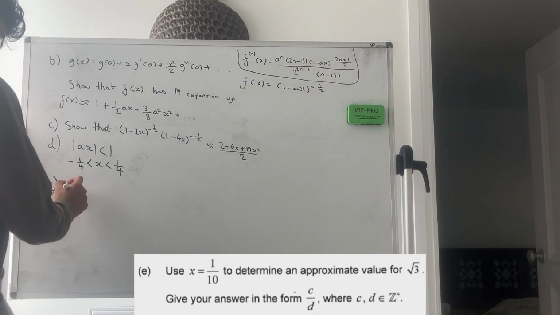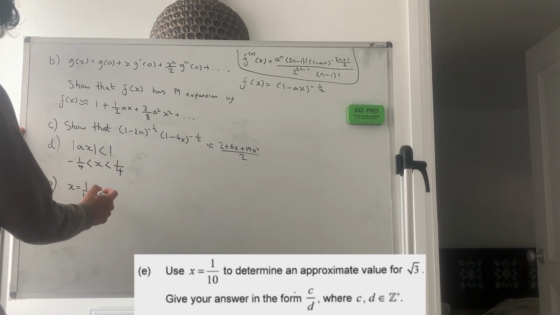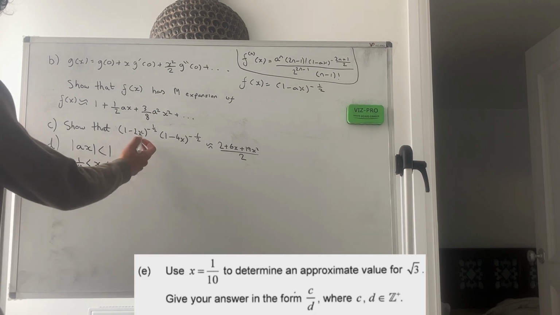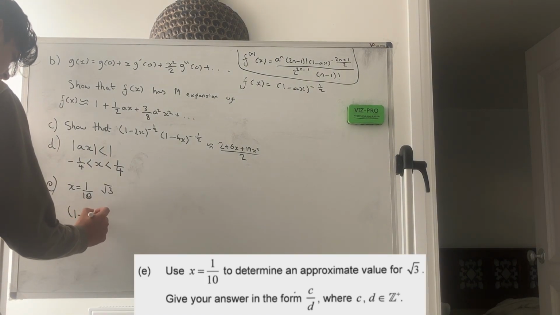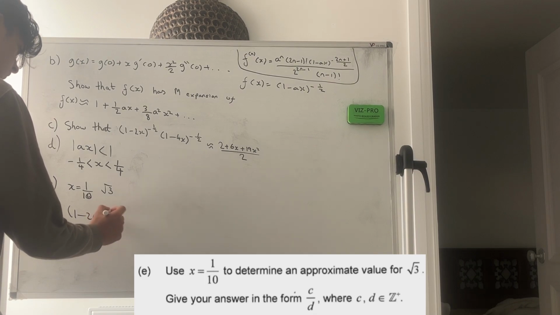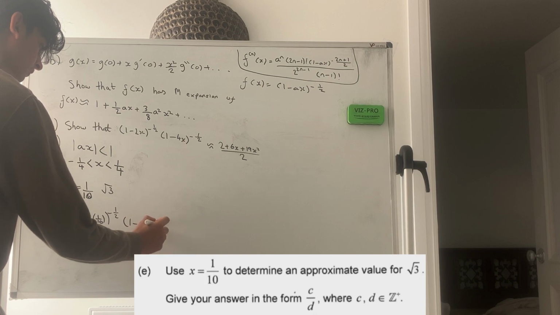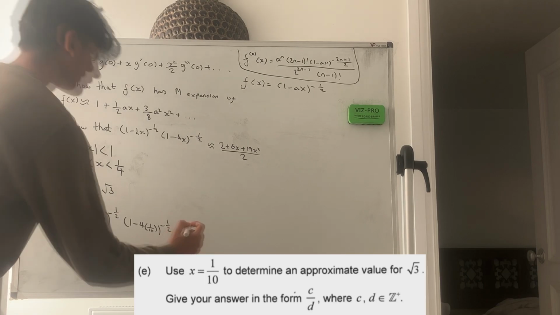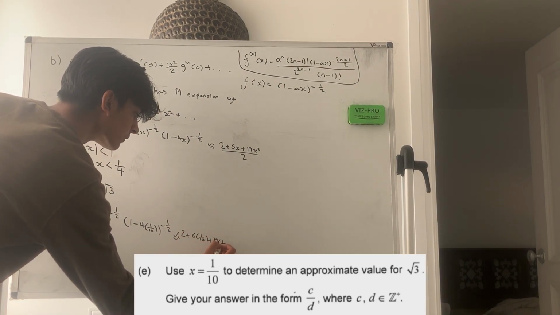In part E, we're asked to use x equals 1 over 10 to give us an approximate value for the square root of 3. So in order to do that, I think we just substitute x equals 1 over 10 into all of this. So that's going to be very tedious, but anything for the marks. (1 minus 2 times 1 over 10) to the minus a half times (1 minus 4 times 1 over 10) to the minus a half is approximately equal to 2 plus 6 times 1 over 10 plus 19 times 1 over 10